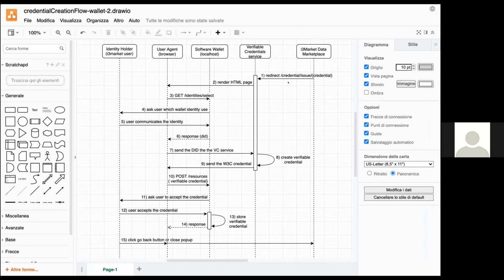Okay, it is created. And so, for example, we can use this client to provide a verifiable credential for the user,